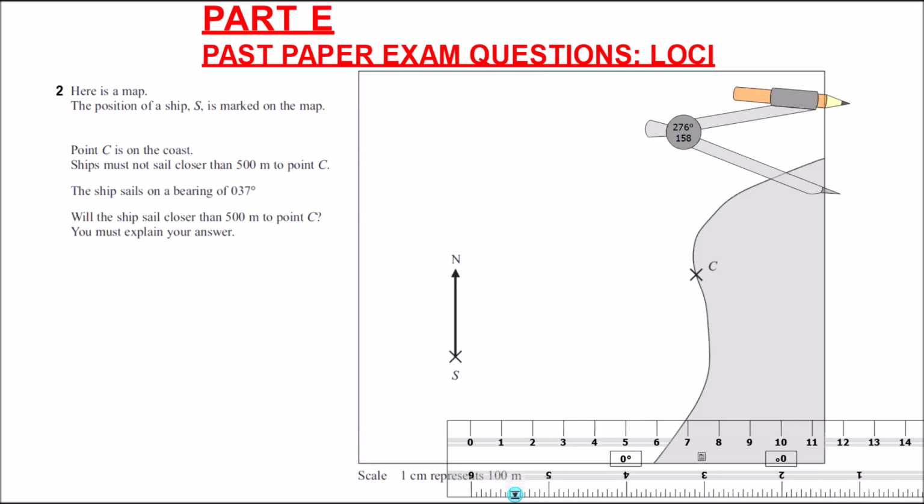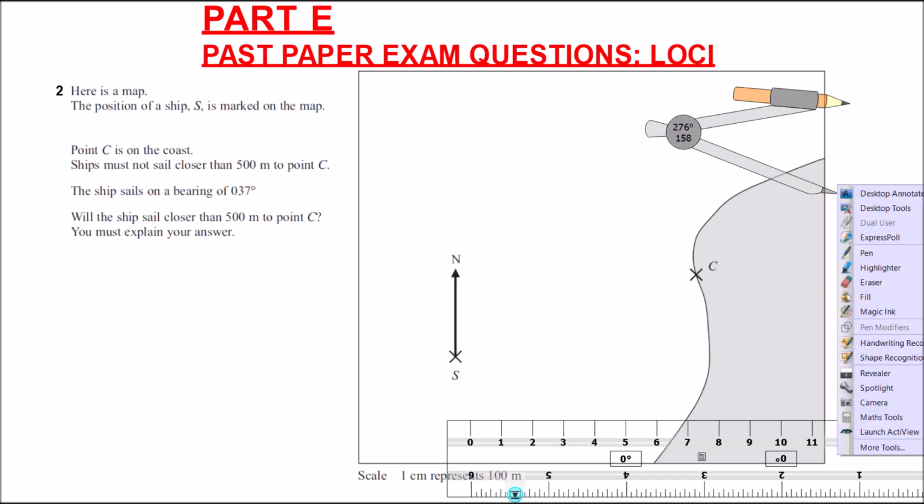Question 2, we have a map, a scale map, and we've got a ship drawn on the map, which is given by point S. And point C here is a point on the coast. So ships must not sail closer than 500 meters to point C, and the ship sails on a bearing of 37 degrees. So this isn't really a walkthrough of bearings, but just to quickly mention,